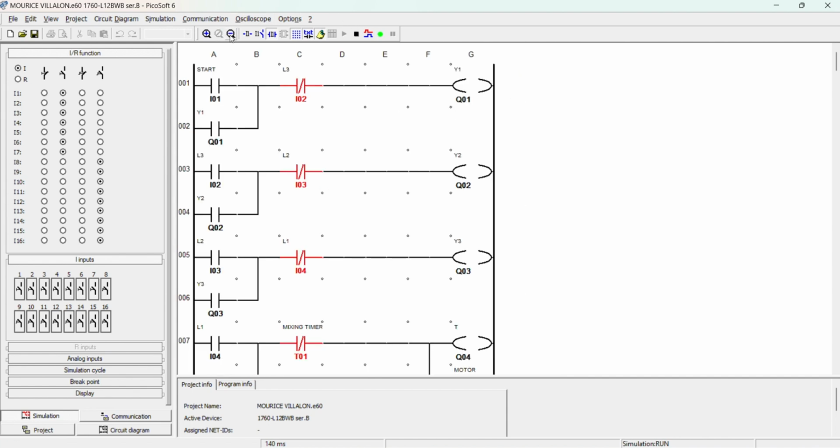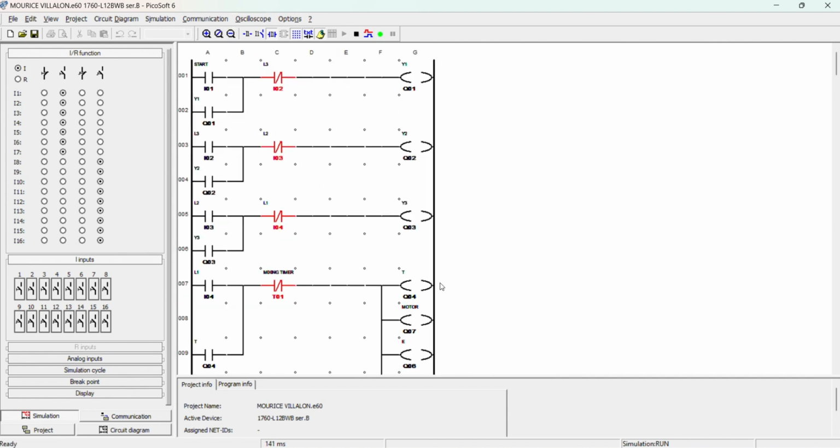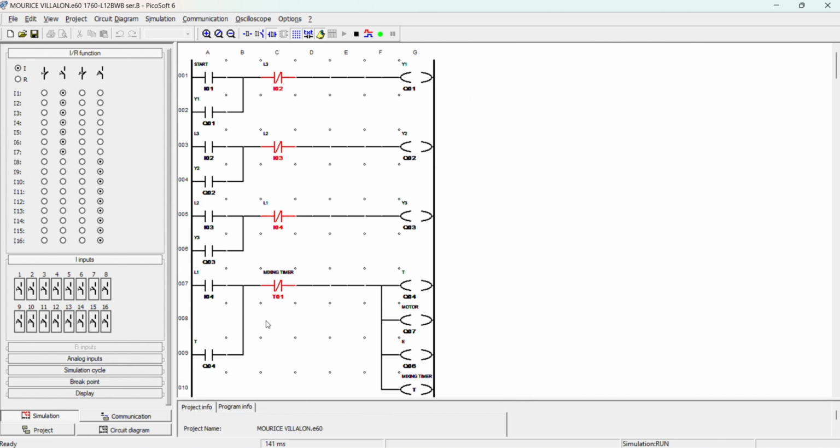So let's view it at a smaller scale, so that we can see the whole cycle properly. Let's start. The input 1, or the start button, will supply the Y1. The L3 will be triggered, and also will start the supply for the next level sensor, the L2, so that the Y2, the second liquid B, will be supplied into the tank.